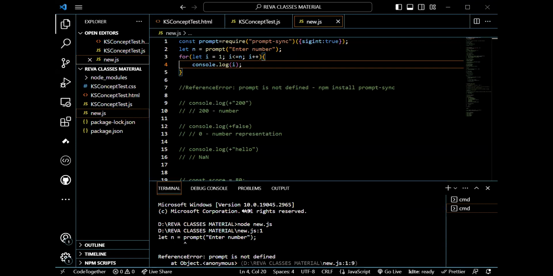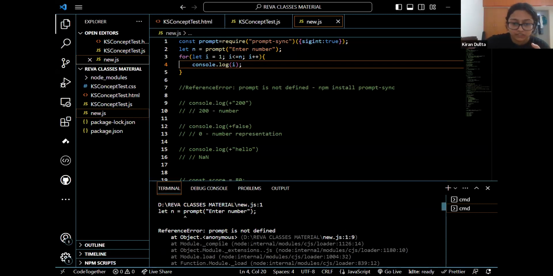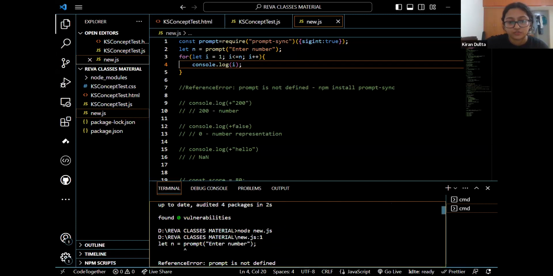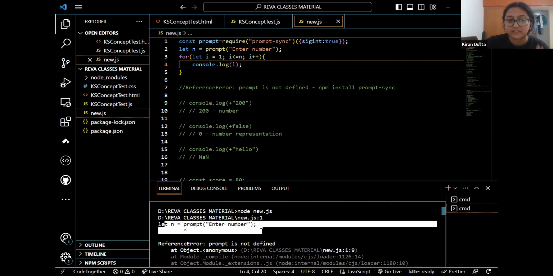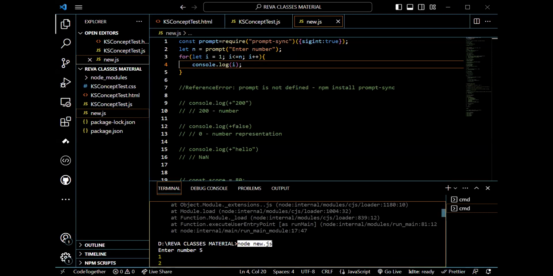So I made sure that before the class, I checked all the code. See, for the first case it was "prompt not defined." Then I did npm install, where it shows "found no vulnerabilities" and so on. It still didn't work because I didn't add the const line. And then when I added the const line, it worked for me. I did the same, telling, okay,